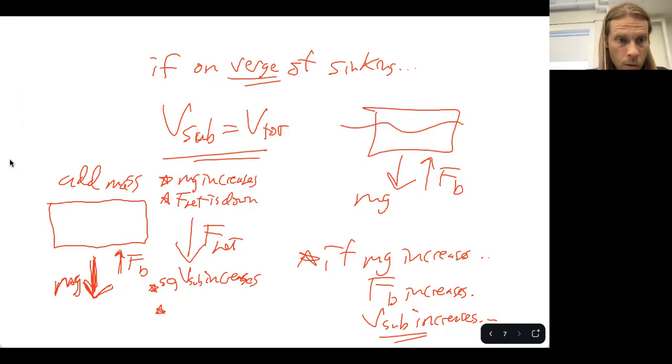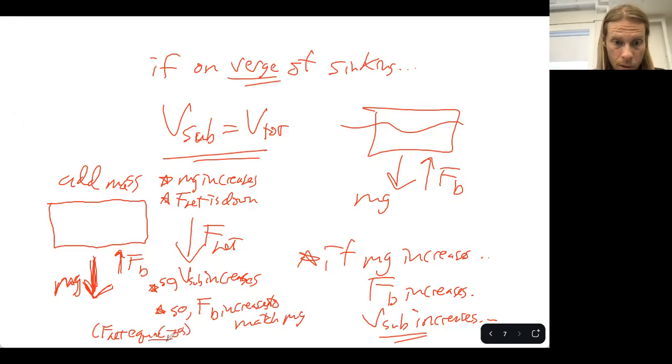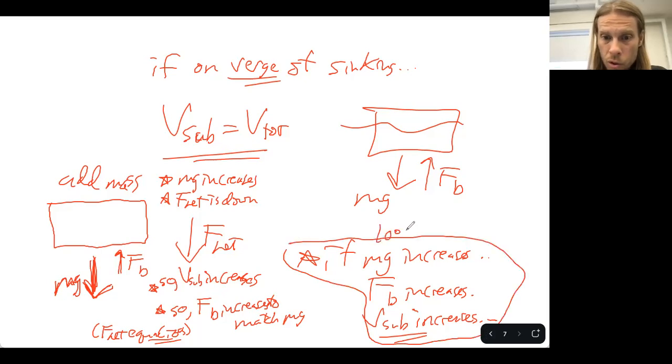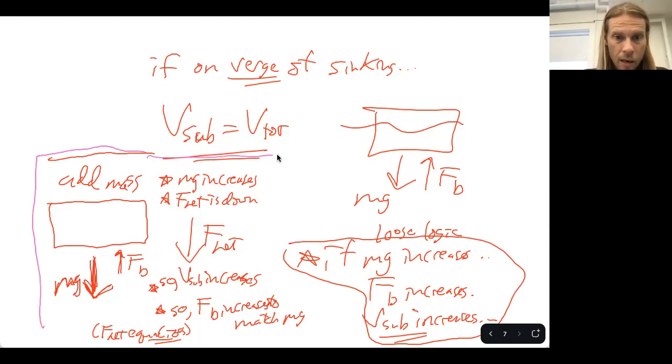So FB increases to match mg again until the F net is 0 again, equalizes. Right? This is kind of like the loose logic. This is loose. This is more grounded. Let me put that in fuchsia. What is that, magenta? I like it. This is grounded